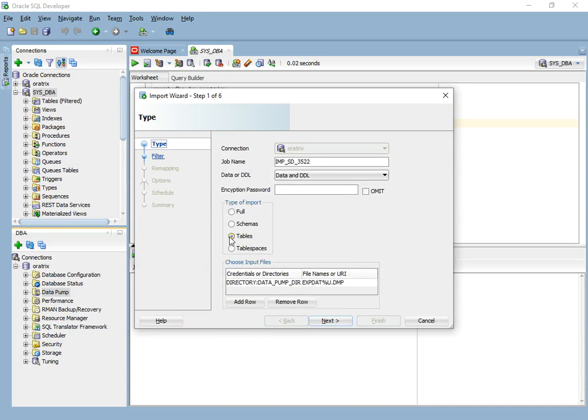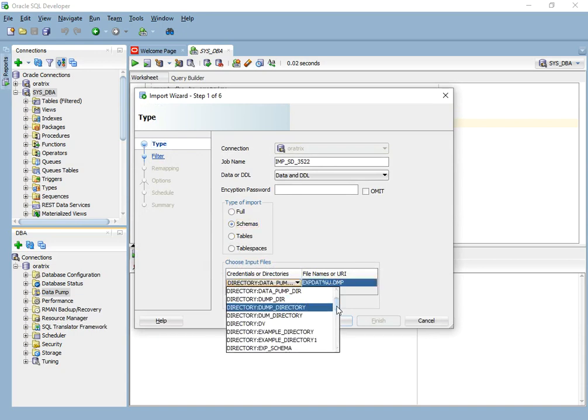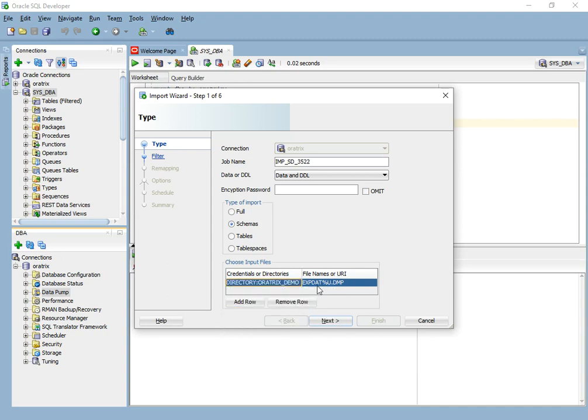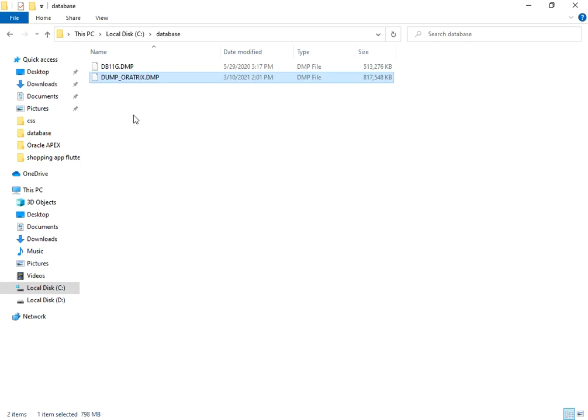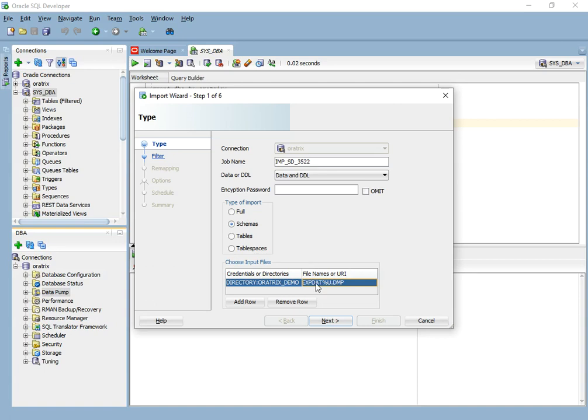Now we need the directory that we have created, Oratrix demo. Yes, this one. And here we need to give the DMP file name, which is here.